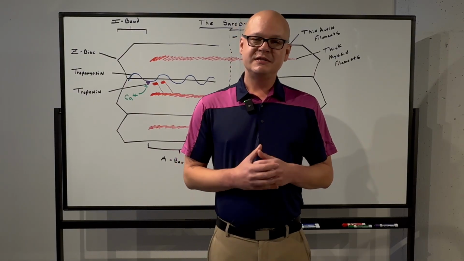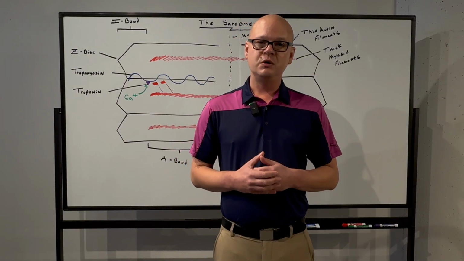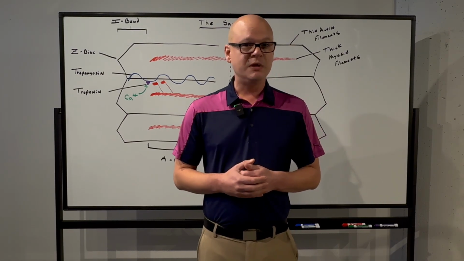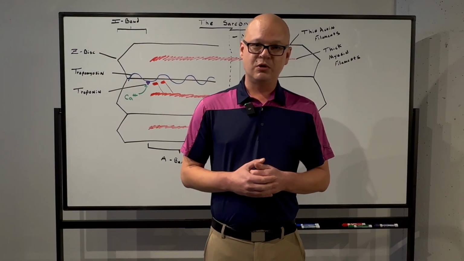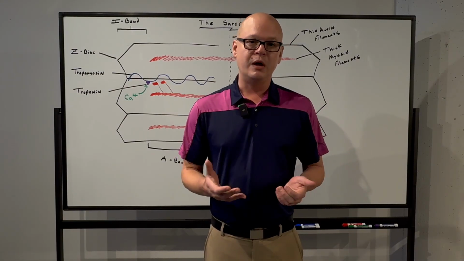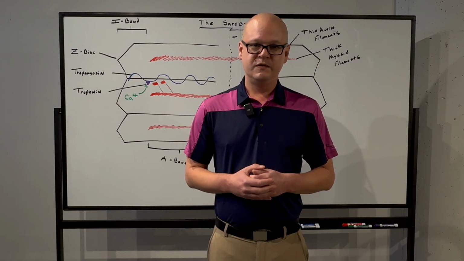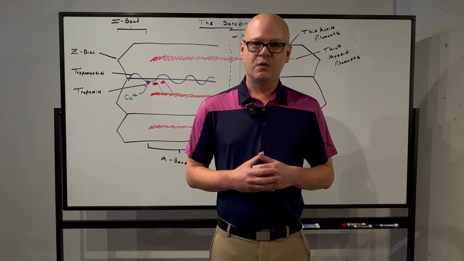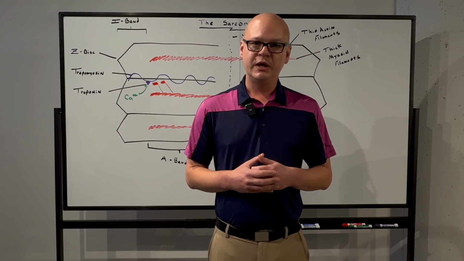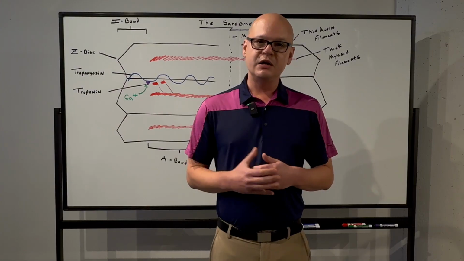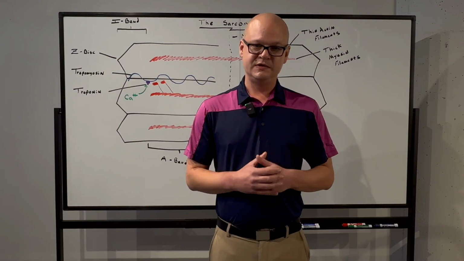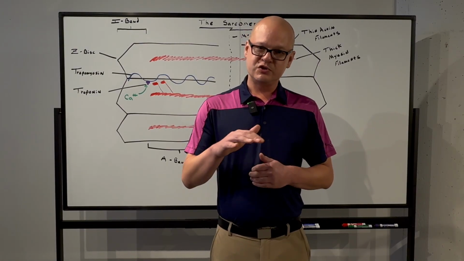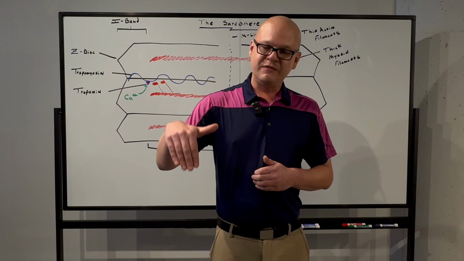So what's going to happen is that we're going to have an action potential traveling down a motor neuron to the neuromuscular junction. That's going to be the union between the synaptic end bulb of the motor neuron and the sarcolemma, or the cell membrane of the skeletal muscle. When neurotransmitter, the specific neurotransmitter for a motor neuron being acetylcholine, is released onto the sarcolemma, that will depolarize the membrane of the skeletal muscle, and that action potential will travel down the sarcolemma, dive down into